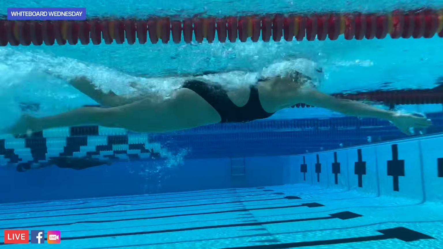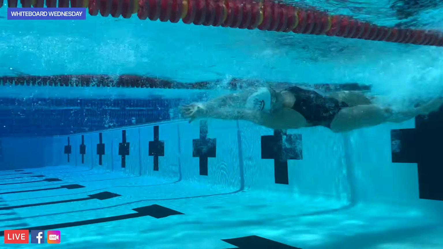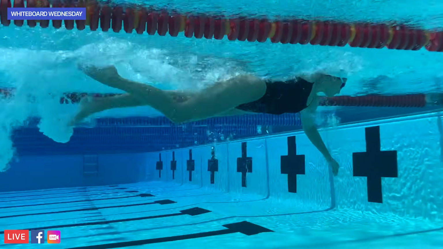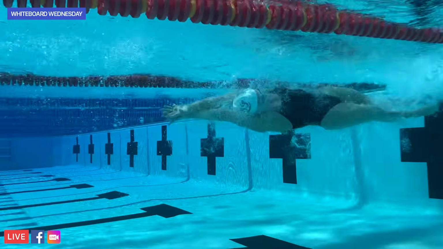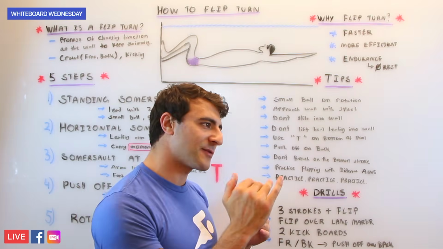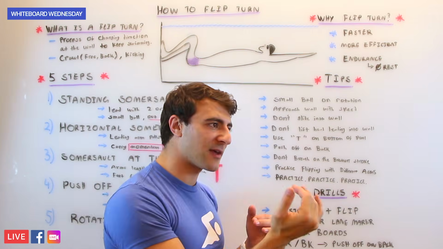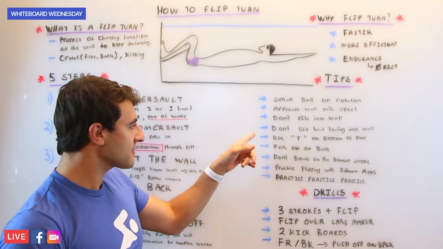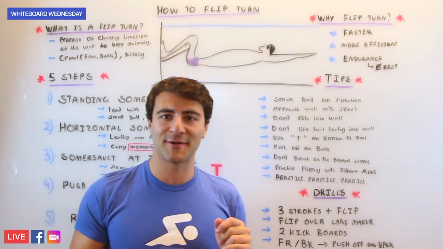As it's moving into the wall, you want to carry as much momentum as possible. Momentum is equal to mass times velocity. You can't control your mass because you already weigh as much as you weigh, but you can control your speed. So you want to enter the wall with a lot of speed, carry the momentum through the wall, don't glide, and don't lift your head as you go into the wall.